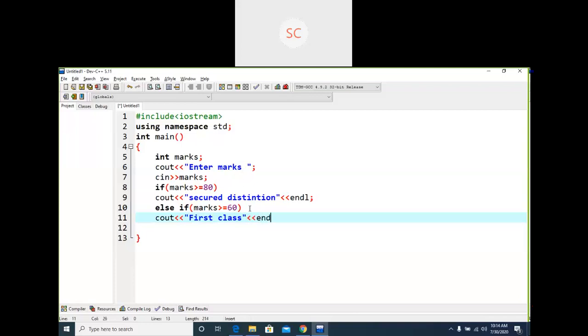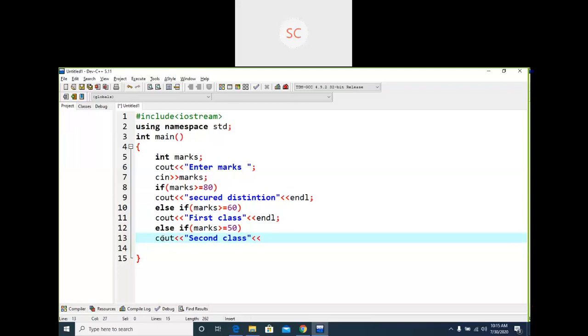Just give one else statement here. In the same way, you can write one more condition: if marks greater than or equal to 50, you can say second class. Cout, I'm going to print "Second class".